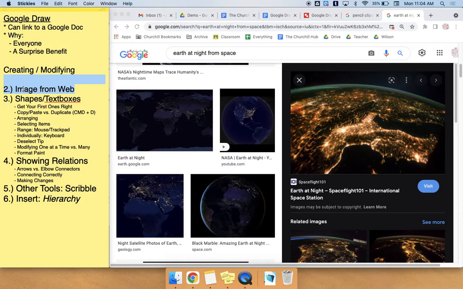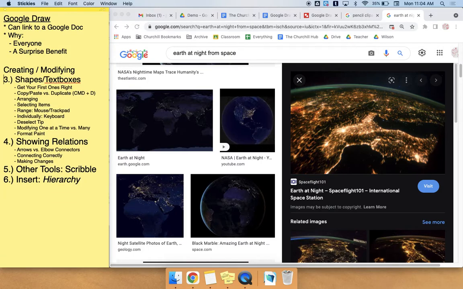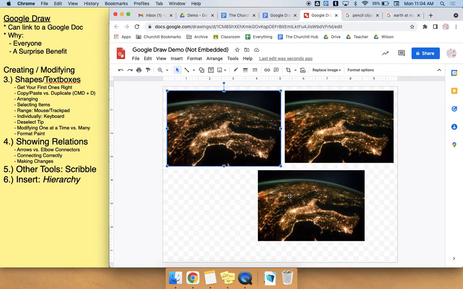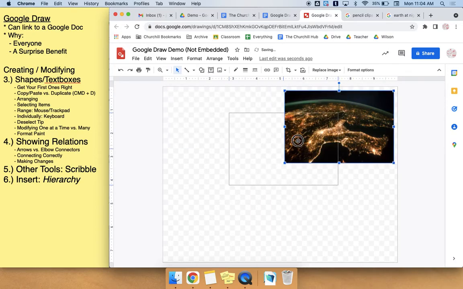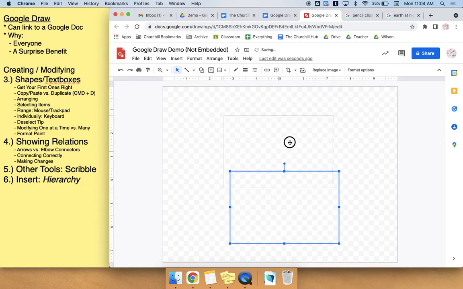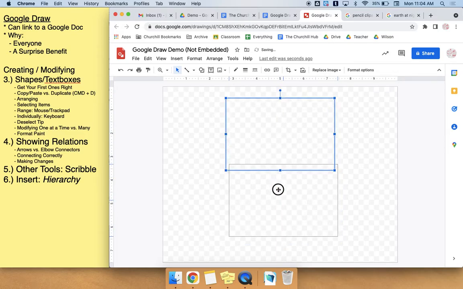And since this is an image from the web, I think of these as being like the figures that you would see inside of a textbook or whatever. So I'm going to show you one other thing I might do with these. If I center an image, it'll end up suggesting red vertical and red horizontal lines if I wanted to get it in the center of the page. So with this vertical line in place,